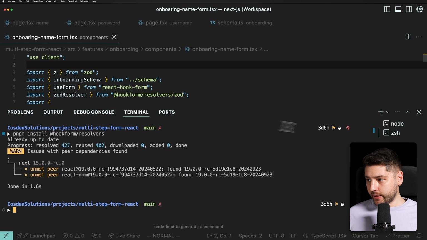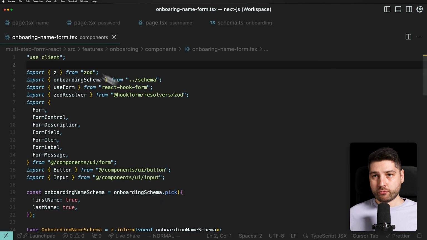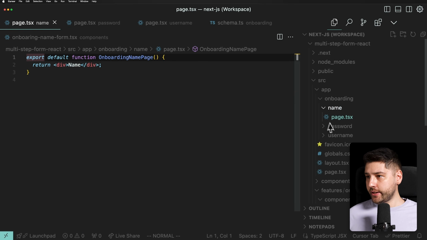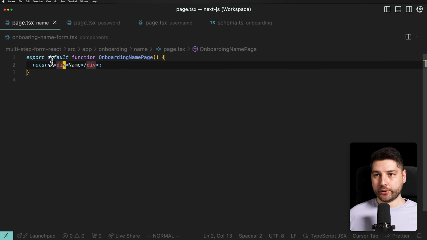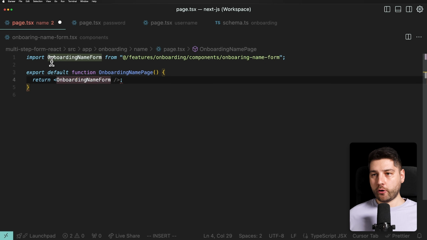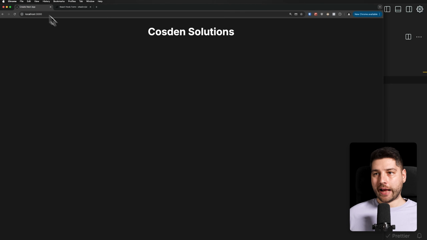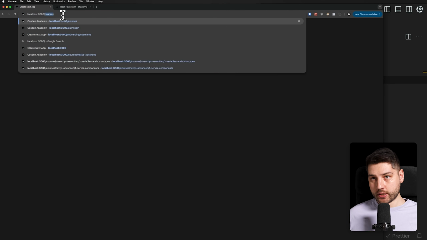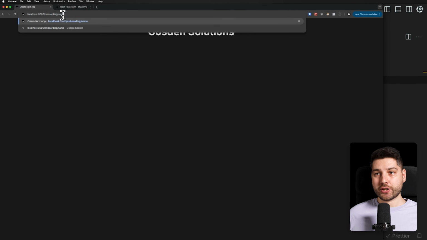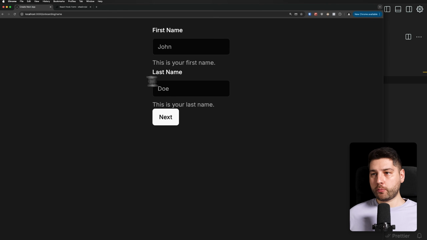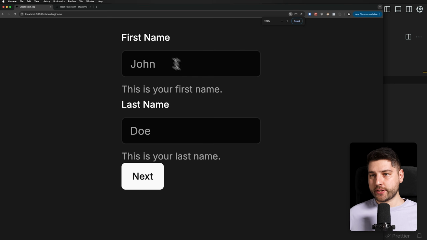And just like that, let's see if the application is running. It is running. Let's see what our name page is here. It is onboarding/name. So we just need to maybe put the form over here. So let's come here and let's do onboarding name form, and we're going to import this form here. Now, if we actually go to our app over here and we go to /onboarding/name, and we should see our form over here,